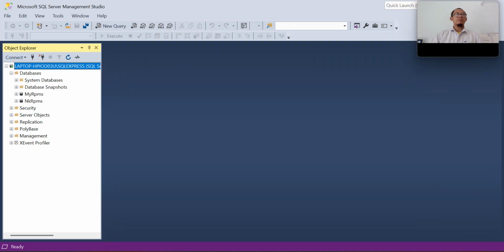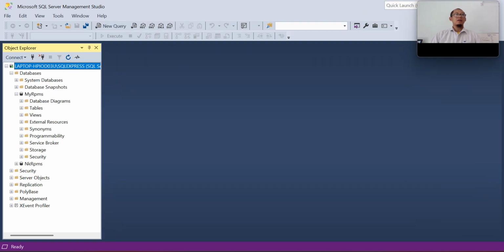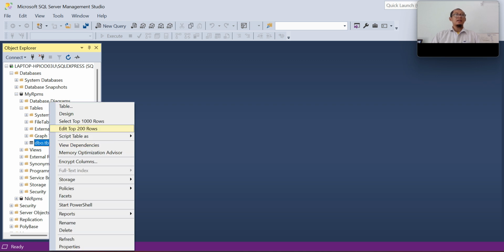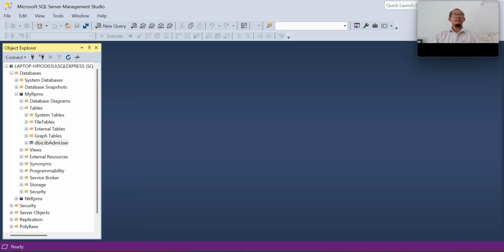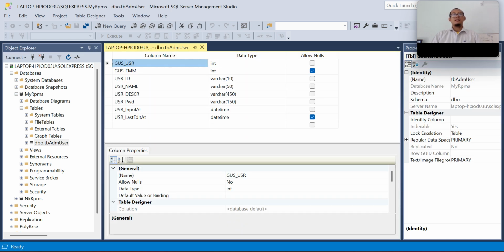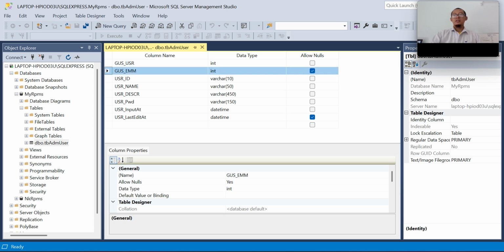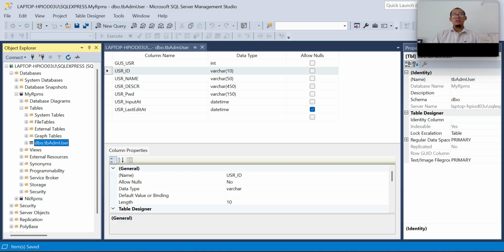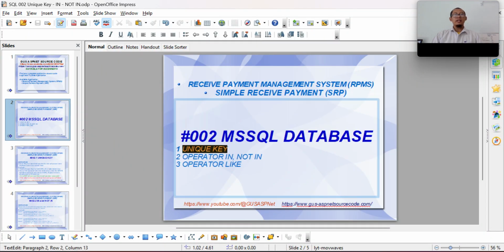In the previous chapter, we already created a database and also created a table. Here it is, the table that we created before, TB ADM user. This is our table. Now, our lesson today is unique key.